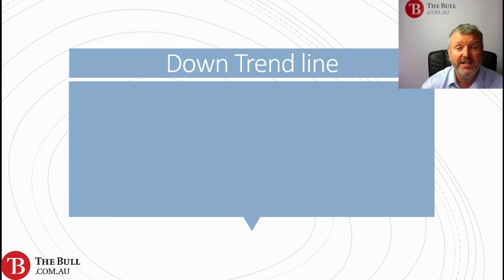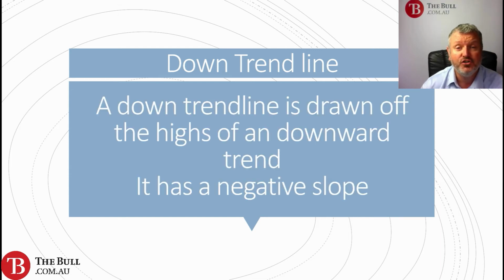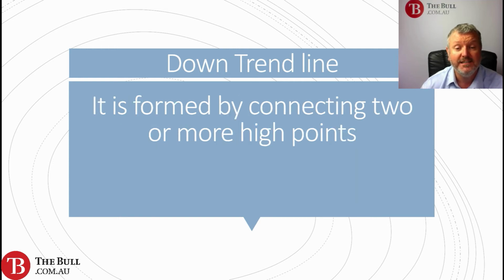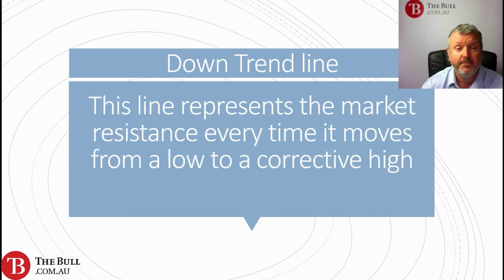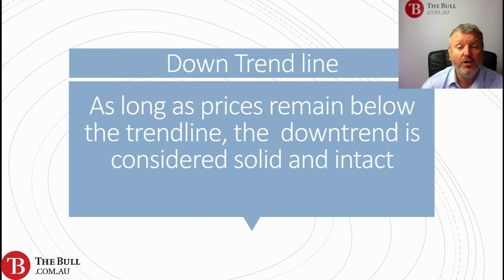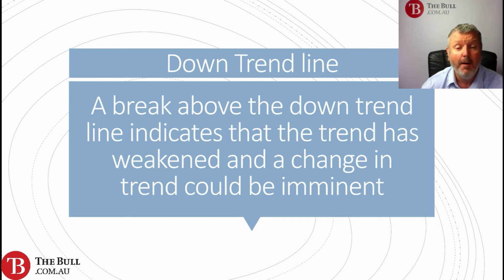Let's now look at the same concept but for a downtrend line. A downtrend line is drawn off the highs of a downward trend with a negative slope. It is formed by connecting two or more high points on that downtrend. This line represents the market resistance every time it moves from a low to a new corrective or swing high. As long as prices remain below the downtrend line, the downtrend is considered solid and intact. A break above the downtrend line indicates that the trend has weakened and a change in trend could be imminent,